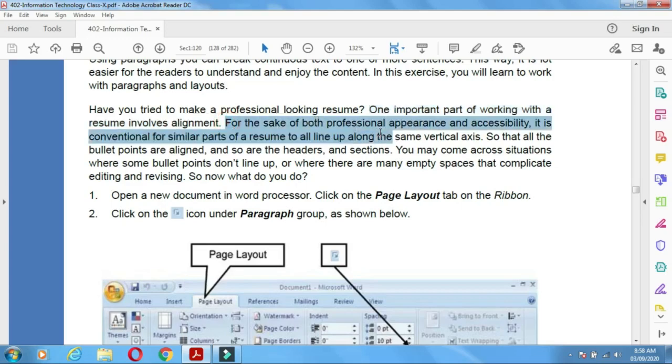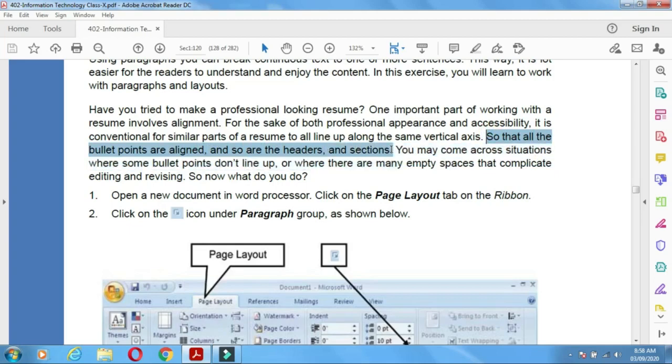For the sake of both professional appearance and readability, it is conventional for similar parts of a resume to all line up along the vertical axis. Means you have to set the vertical layout. We can see how to set that in the practical. So that all the bullet points are aligned, and so are the headers and sections.